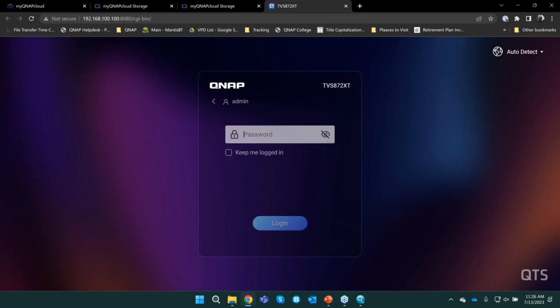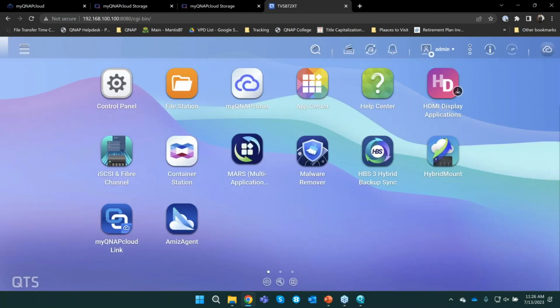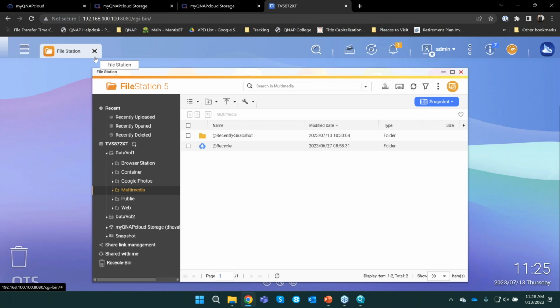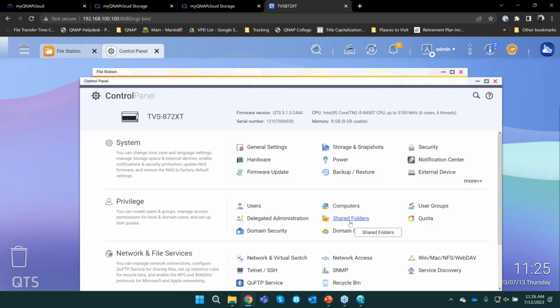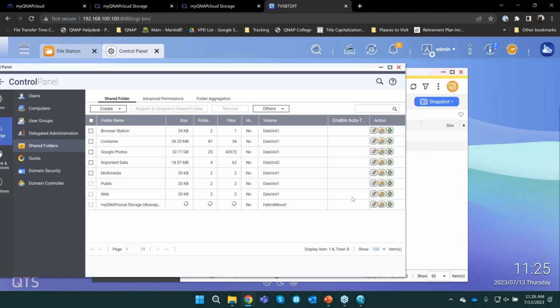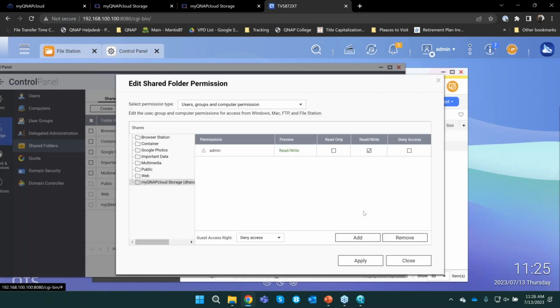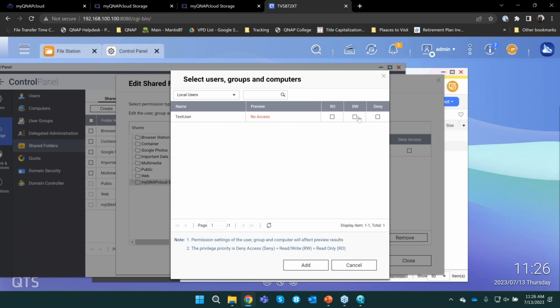And then multiple users can access the data as well. If you have another user on your QNAP NAS, you can also provide them permissions on using the shared folder. You can actually control permissions for who can access the data. So if you have another user, you can give them read-only access, so they can only read